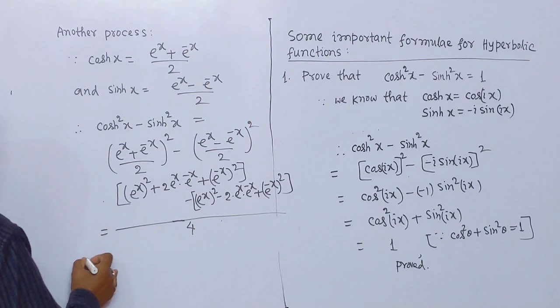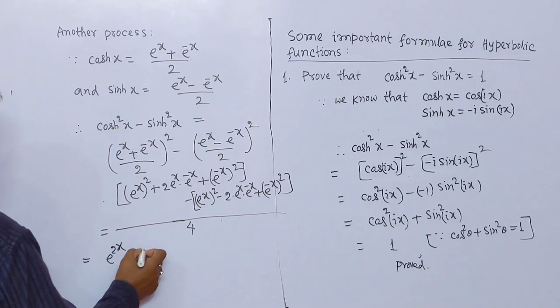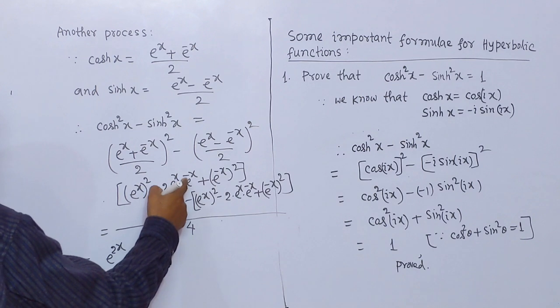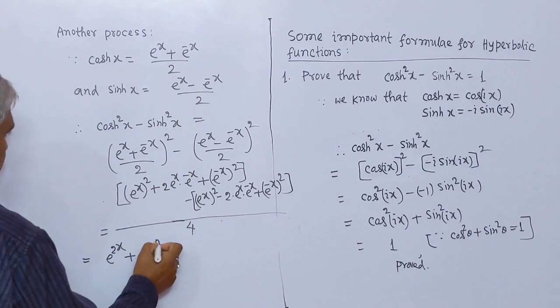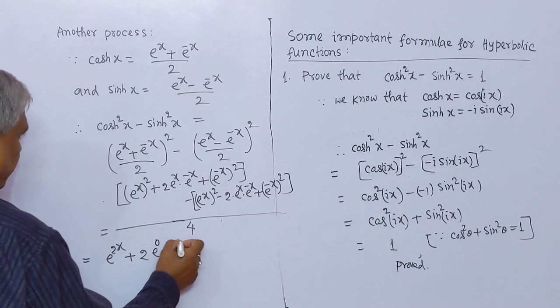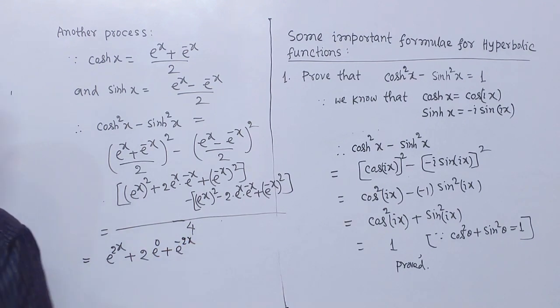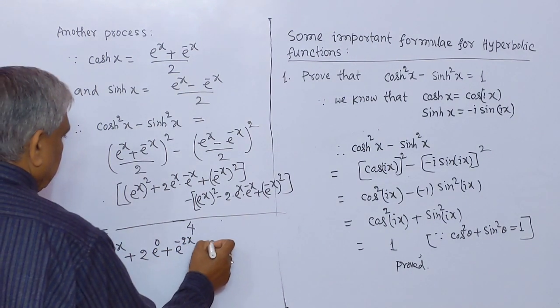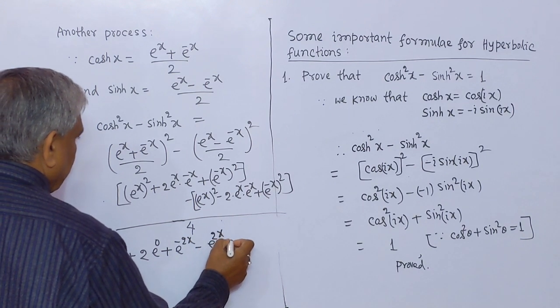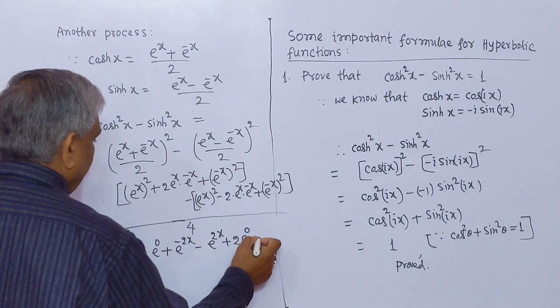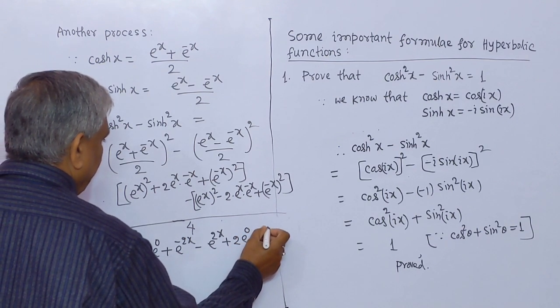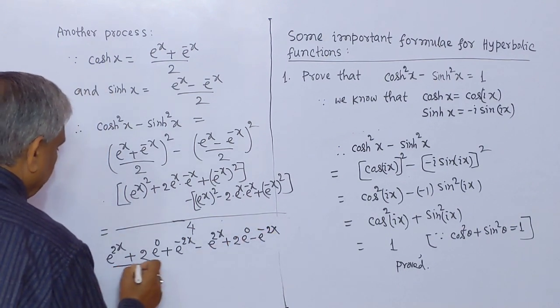This equal to, here e to the power 2x plus 2 e to the power x minus x, that is e to the power 0, plus e to the power minus 2x minus e to the power 2x plus 2e to the power 0 minus e to the power minus 2x by 4,